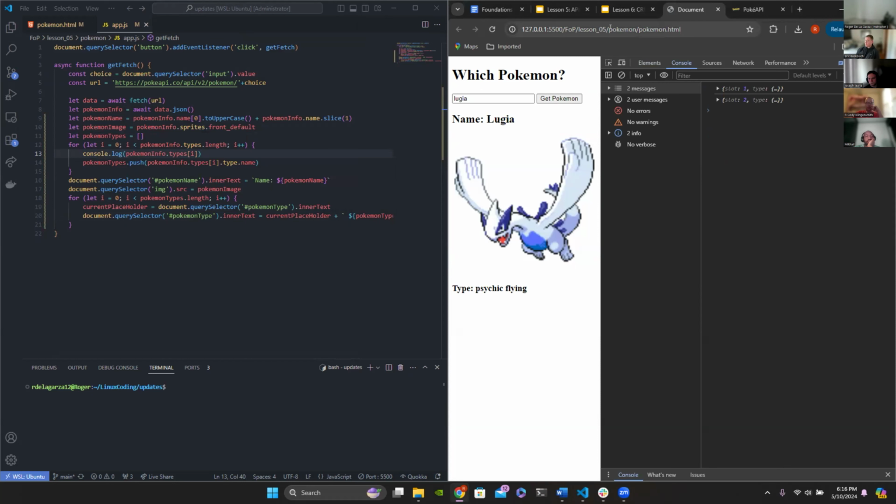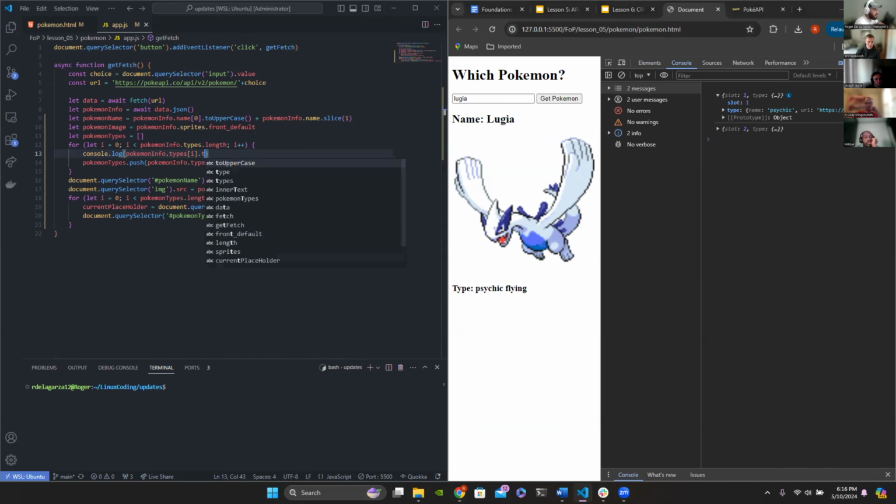Right. So I got the indexes, and as I grab the indexes, I'm seeing that now I'm getting objects. Now every single one I can grab. I opened it up. I see there are two key value pairs, the slot and the type. I don't really care about the slot. I want the type. So then I just did dot type